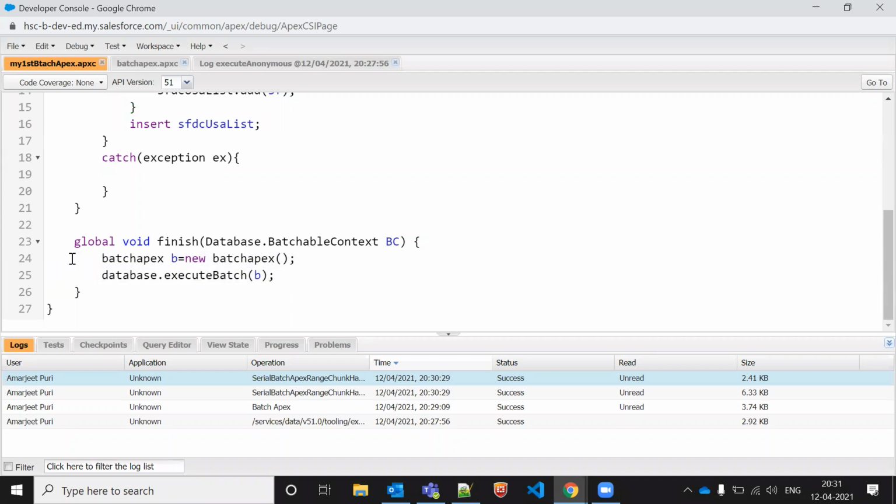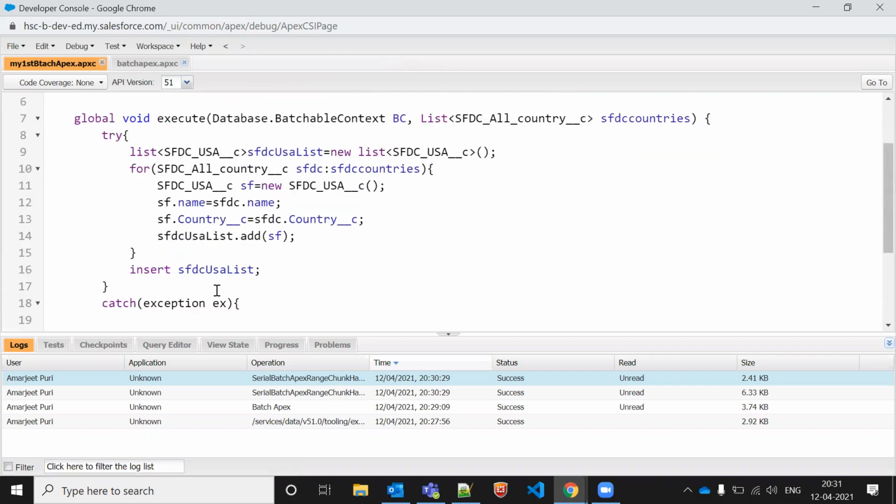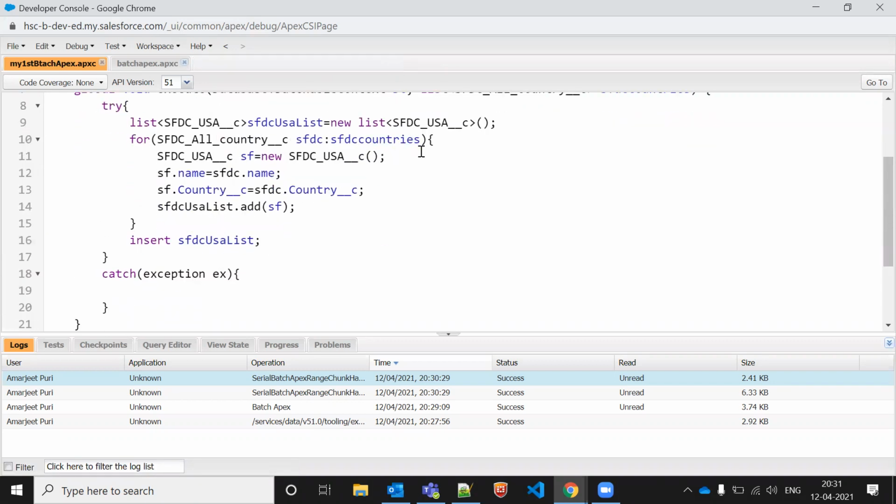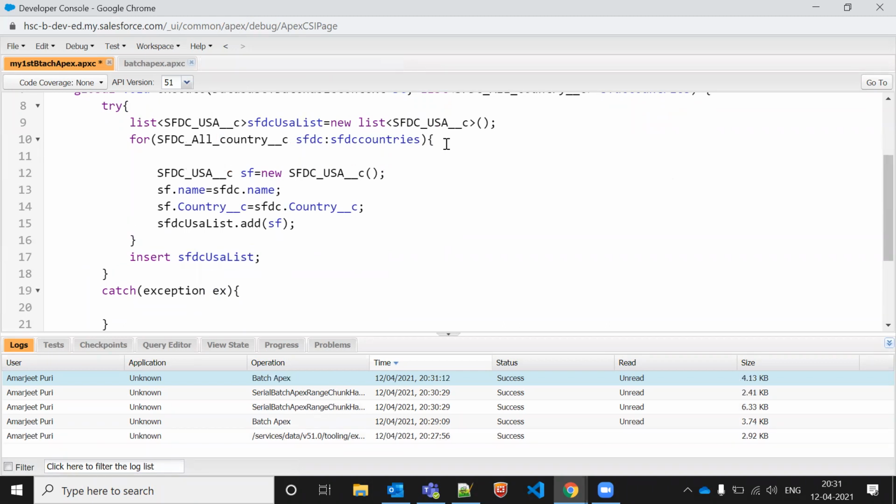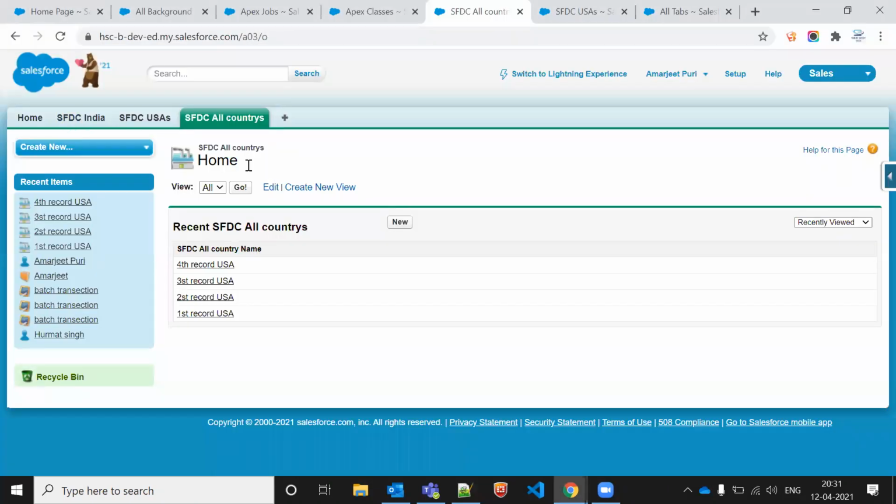So let's first try to create the number of records according to conditions. According to conditions, if I write here, if my SFDC, you can do it for other objects as well.